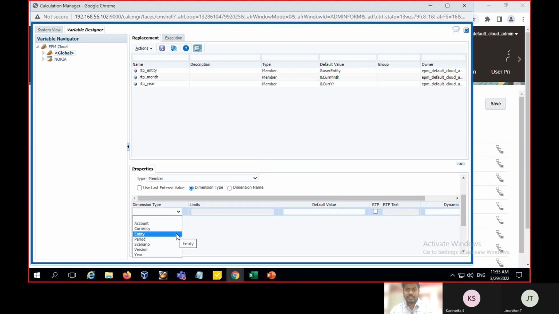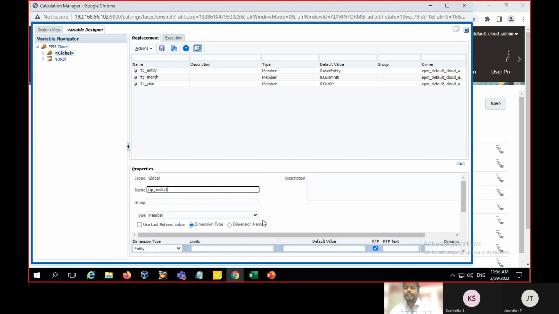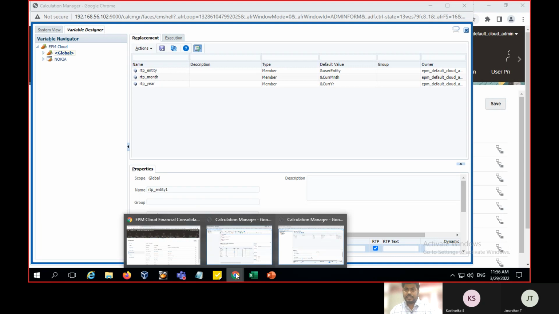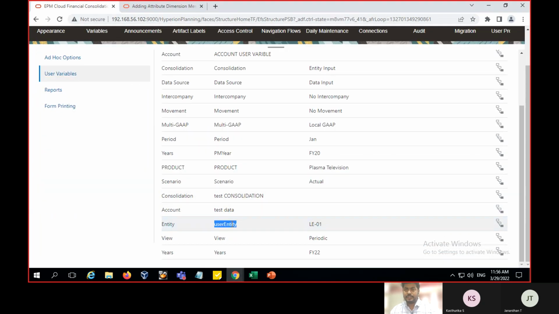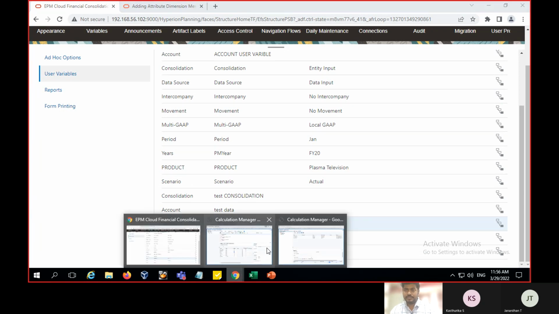Which dimension we are creating, you have to select the dimension type here, and I am working on the entity dimension. Click on the RTP; if you enable this one, it will activate it. If you do not click on this, it won't be activated here. So likewise, I enable this one, and the one created in the user variable, you have to give that in the RTP. So I am copying this one to give in the RTP